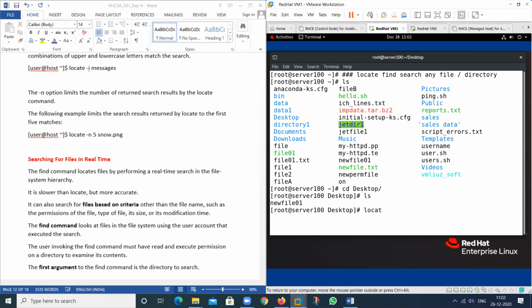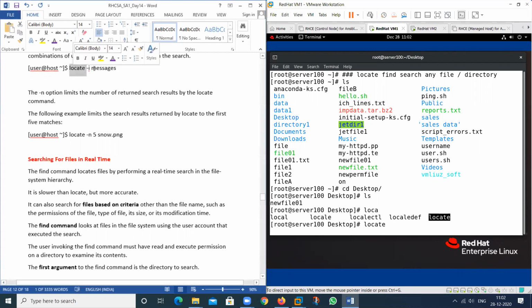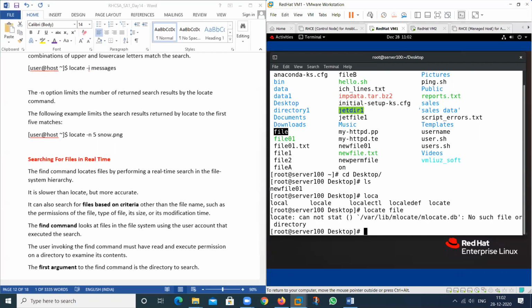Use the locate command. So this is the command, locate. And what do you want to find? You should type the name of the file. I want to search this particular file, the file name is file1.